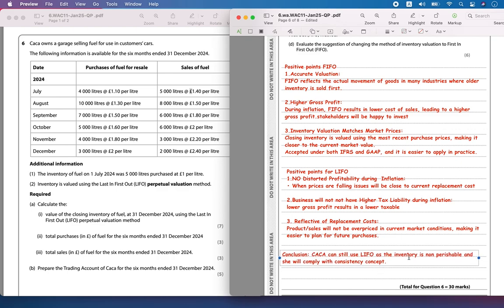So in conclusion, Kaka can still use LIFO as an inventory method, because it is a non-perishable good, she is selling some fuel, and so that she can comply with